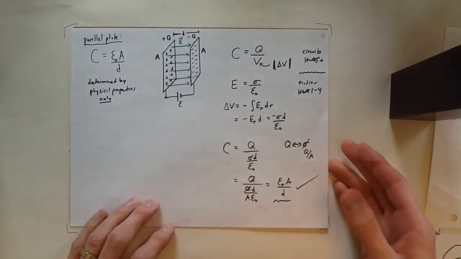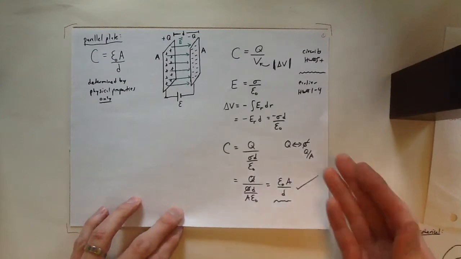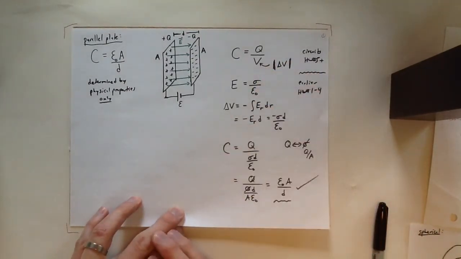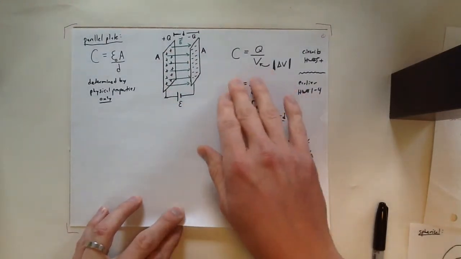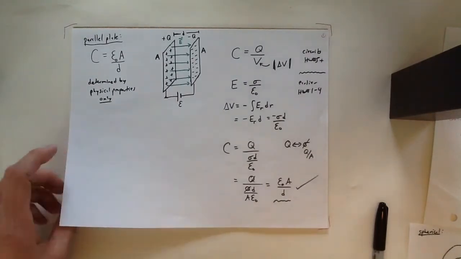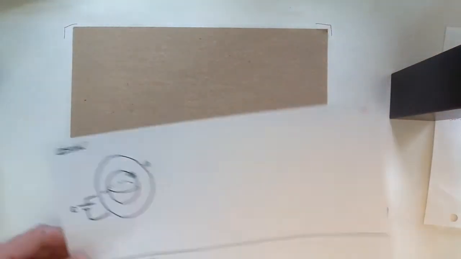So that's just for lack of a better formula to use, because the electric field is going to be, of course, more complicated when these plates are not infinite. So we sort of use that formula because that's the best thing we have. So that's how that formula comes about, and we're going to take that and apply it to some other